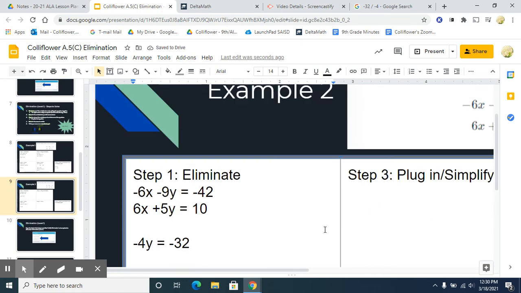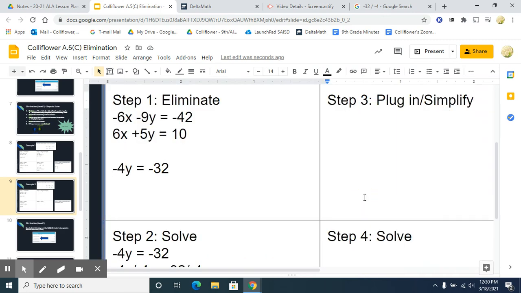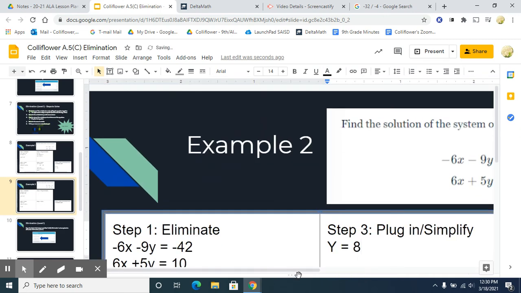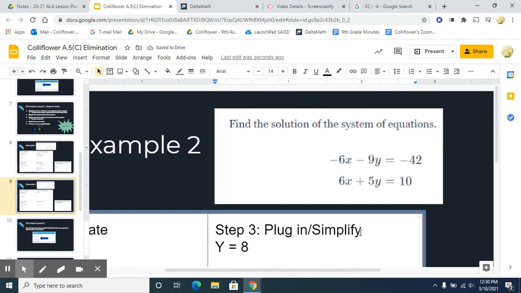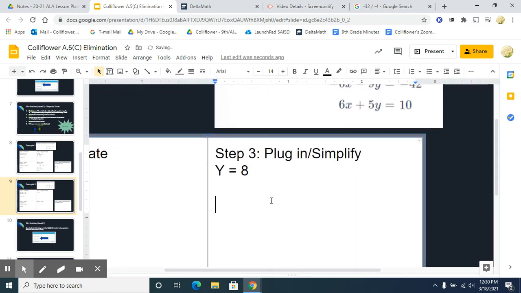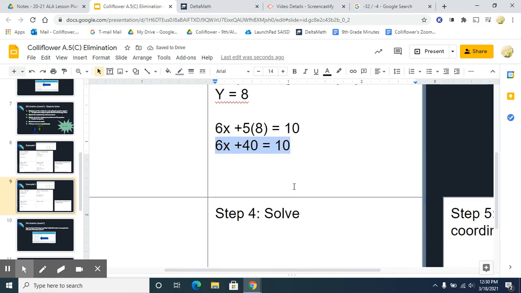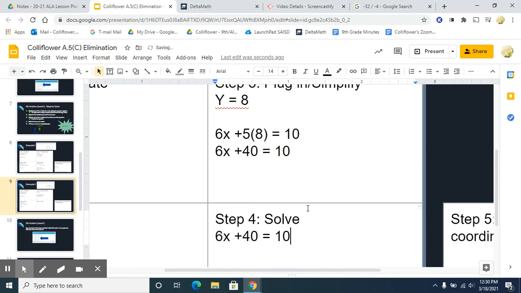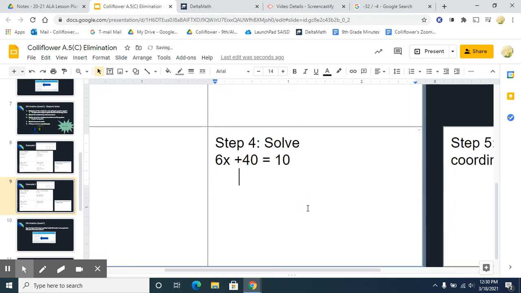I'm going to take my value for y, bring it up here, and plug it into one of these equations. So I'm going to choose the second equation. It says 6x plus 5 times y, and y is 8, equals 10. I simplify that, I get 6x plus 40 equals 10. And now I can take this equation and solve for my x variable. The thing I want to do is subtract 40 on both sides. It's going to give me